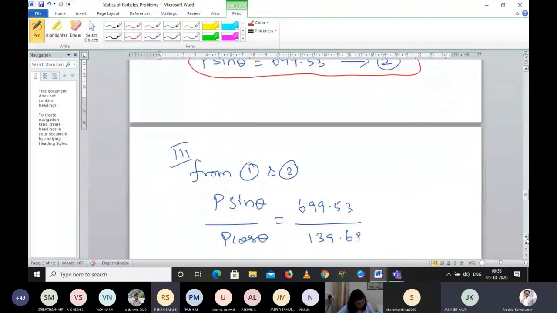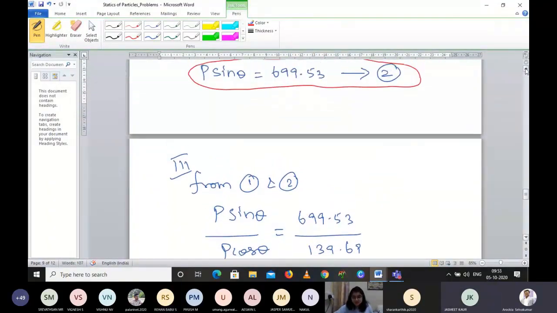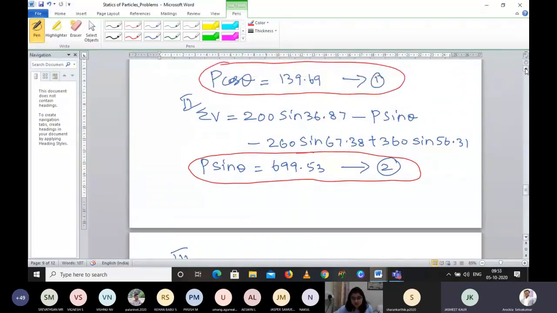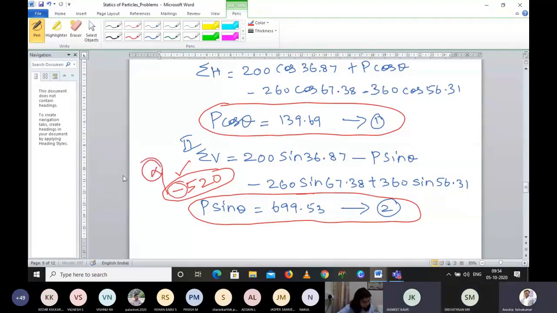Sir, can you go to the upper, sir? 1 minute. Previous slide, this one? This one, sir, yeah. Yes, sir. Sir, why are we getting most P of cos? You will do one mistake here. You have to substitute -5. Yeah. Okay. Yes. Please take a note of it. Why are we getting a positive value for P sin theta? Sir, what mistake we will do here, sir? Can you repeat it? This one, Rabbi. Most probably this one. Oh, okay, sir.